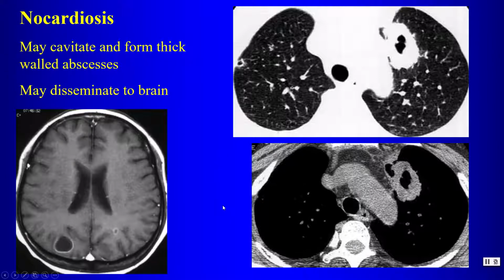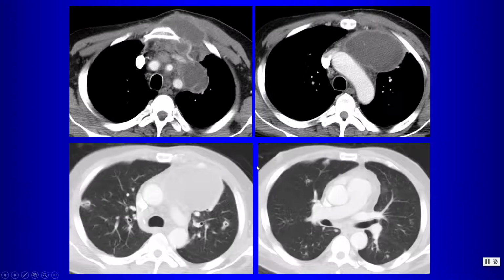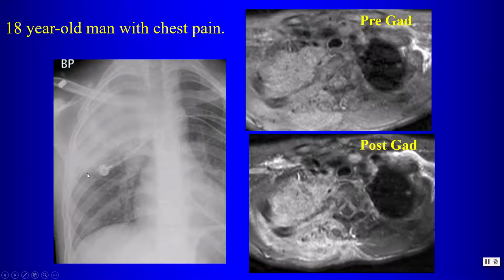This patient was HIV positive and developed this anterior mediastinal mass here, and we see this low attenuation lesion involving the mediastinum, actually extending through the chest wall into the subcutaneous tissue, and then there are these additional small cavitary lesions here within the lungs. This was nocardiosis. Now here's our next case, and this patient has this large opacity here in the right upper